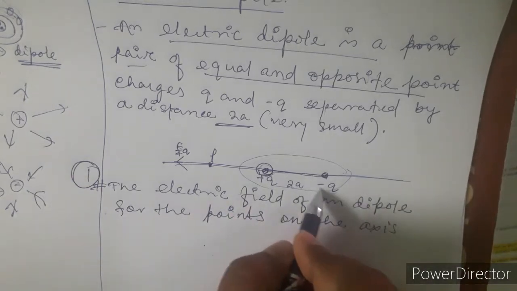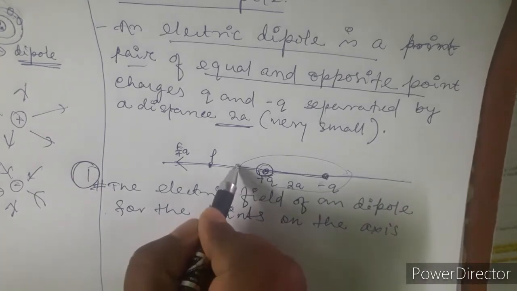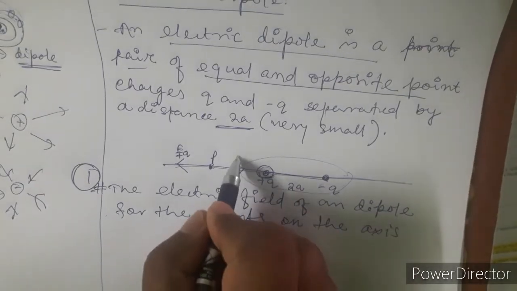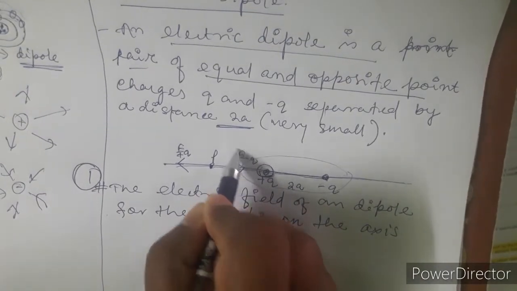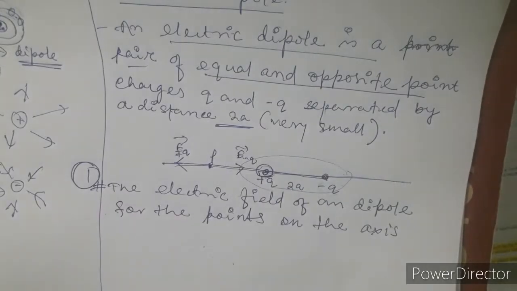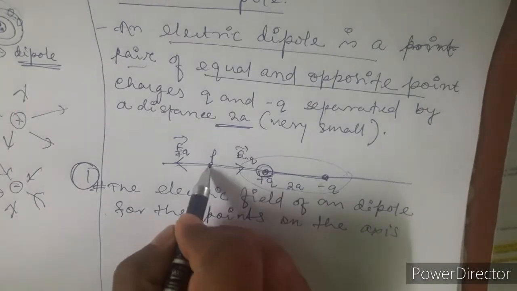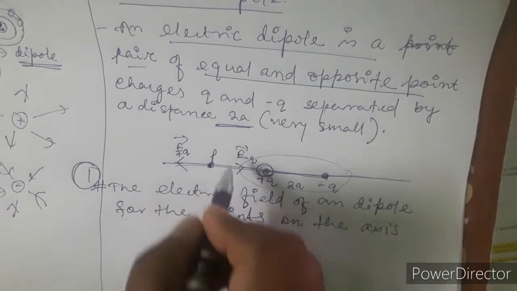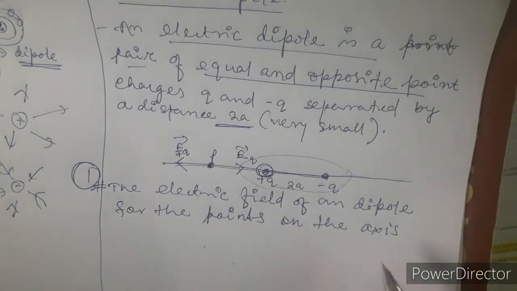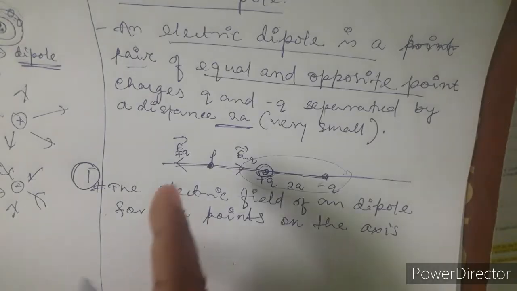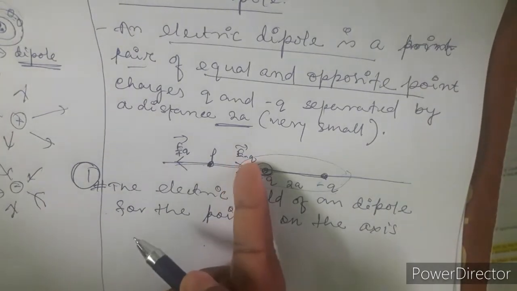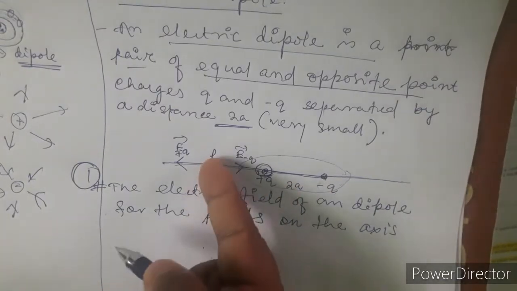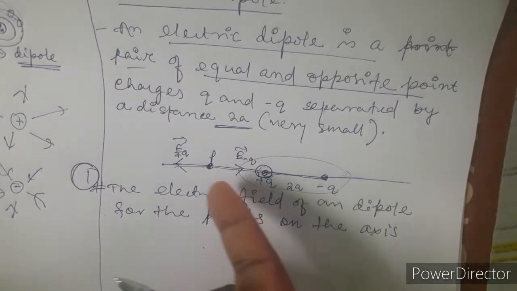Now due to this minus q charge, there will be an electric field towards the minus q charge, that will be inward. So I'll write this as E minus q. Now what will be the total electric field at point P? Just the sum of E plus q and E minus q. This is very simple. We will just add the two vectors E plus q and E minus q, and we will find the resultant electric field for points on the axis